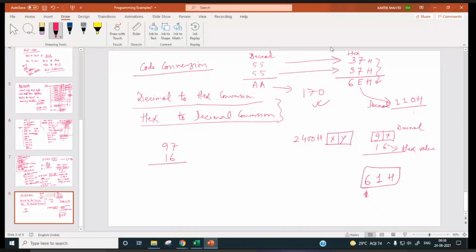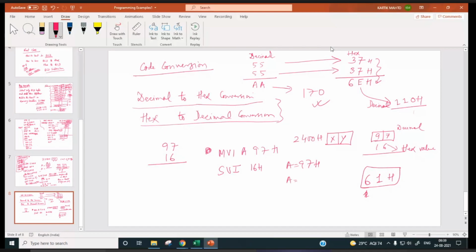Now if we subtract 16 from 97, what will be our result? In 8085, suppose we are doing this MVI A, 97H. So A will be equal to 97. If I am writing SUI, subtract immediate 16H, what will be the result?